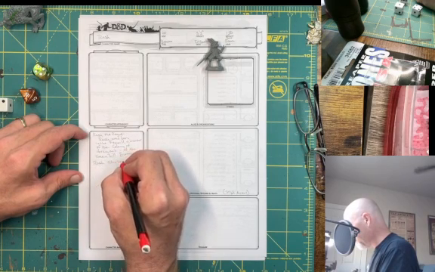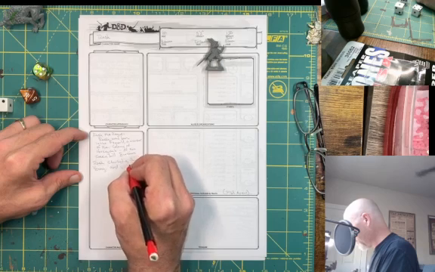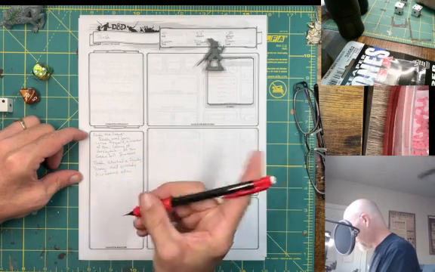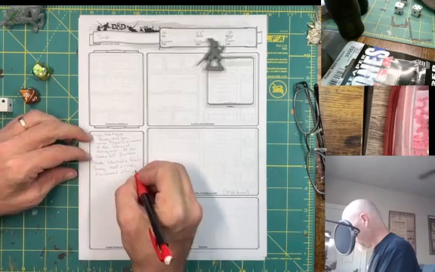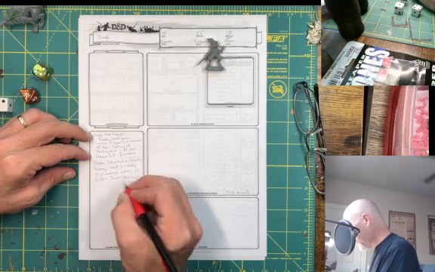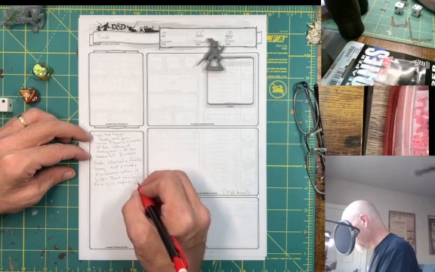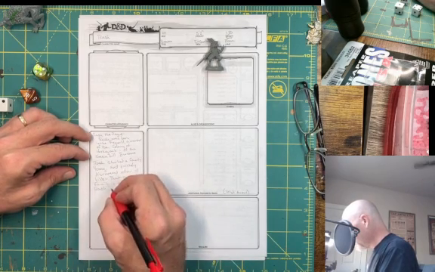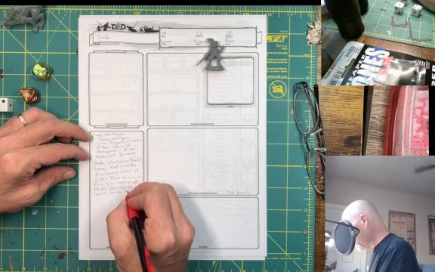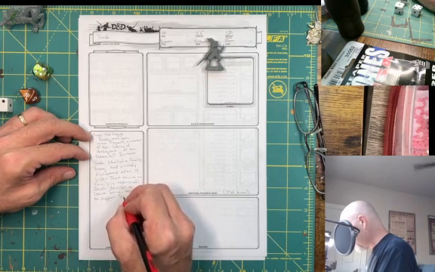Rask started a family young. And quickly discovered, after, we'll say, 14 kids, that raising a family is expensive. Rask decided to leave home to adventure to support his growing